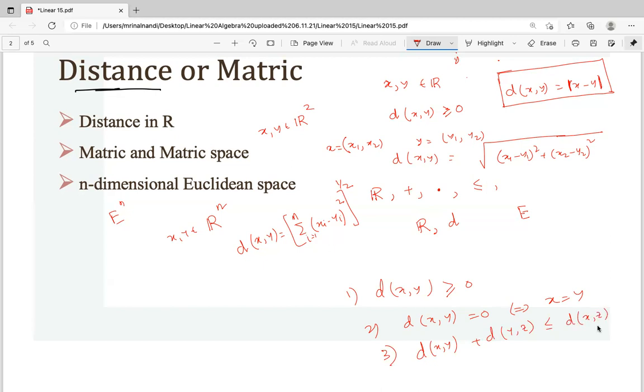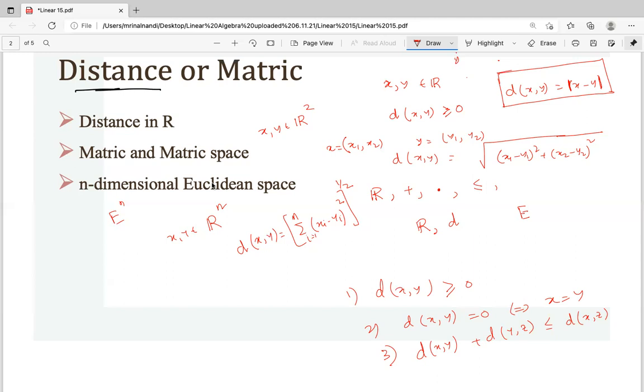Now in Rn, or in R or R3, this distance, the Euclidean distance, satisfies this. You can usually check that it satisfies all these three properties. The first two are trivial, the third one is slightly complicated. It's a calculation. Now, we can do this distance not only for Rn, we can do it in complex numbers, we can